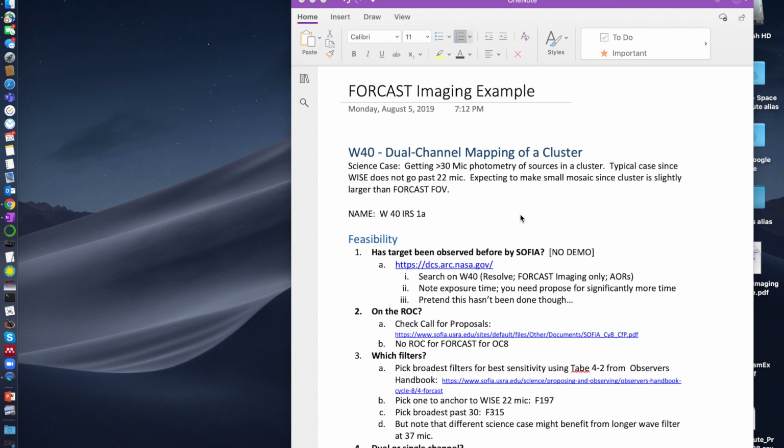The science case here is that typically with a lot of mid-infrared clusters in the sky, you have excellent data from WISE up to about 22 microns, but often people would like to have 30 or 40 micron photometry to supplement the WISE data. Or sometimes they just want to go deeper in the same bands as WISE. In this case, we're going to be trying to obtain 30 to 40 micron photometry for the sources in this cluster. The cluster is slightly bigger than the FORCAST field of view, so we're going to end up making a small